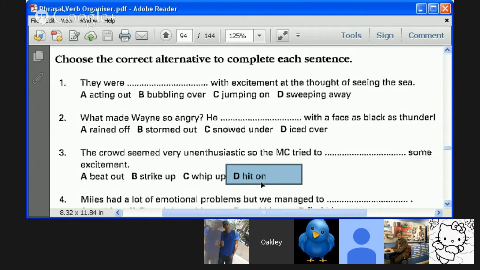You can hit on an idea, suddenly have an idea. To suddenly think of something is to hit on, right? In a way, kind of related to strike up and whip up, because it does have the meaning of suddenly. Of course, much more slang-like,